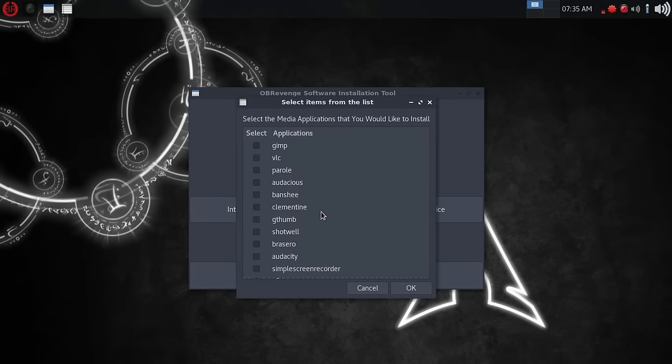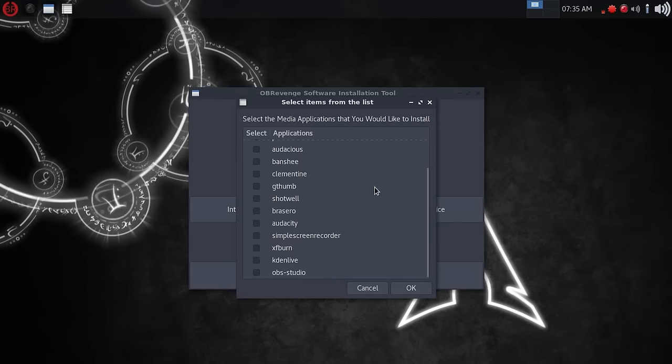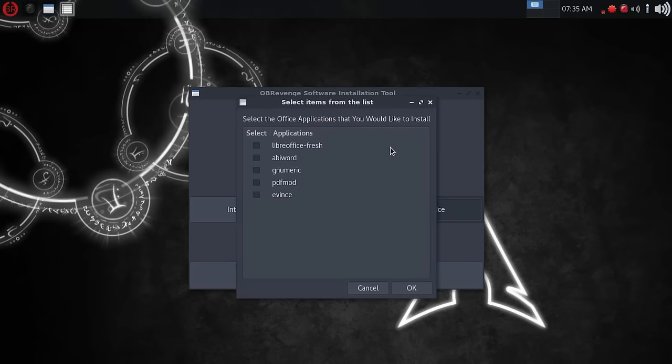Very nice selection of high quality tools here in multimedia. You had Simple Screen Recorder, which I use to record these videos, Kdenlive and OBS Studio, so it was great to see all those, so you'd go through and select those. And then the same with Office. LibreOffice was not pre-installed, which is great. Maybe you've got another Office suite that you like, or perhaps for the particular device you don't need Office installed, so you would go in and select or not select what you wanted there.